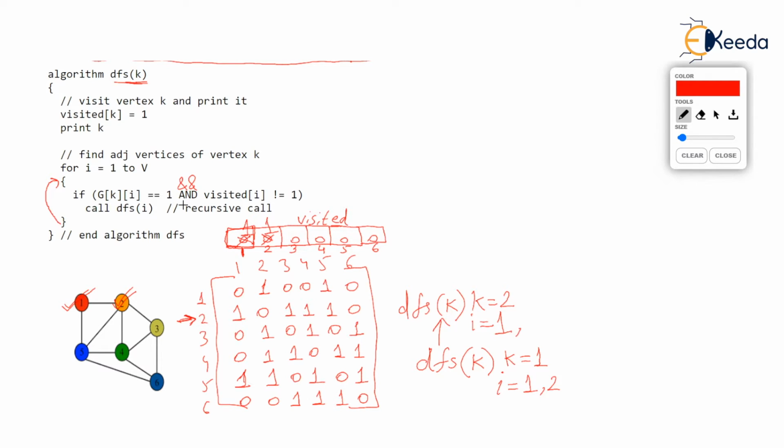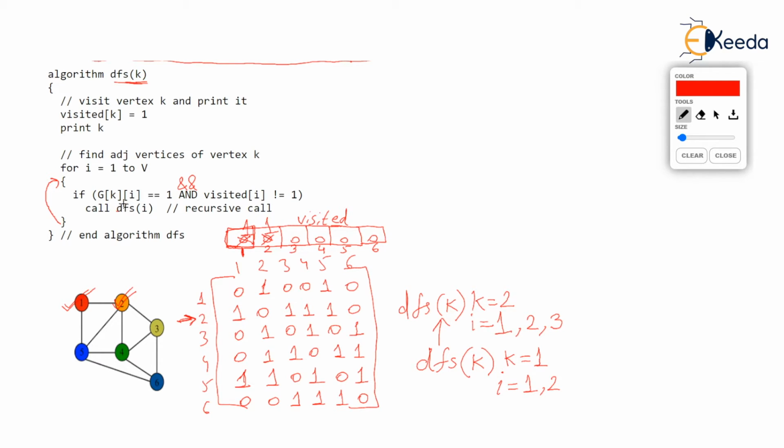So what's the question you are asking? Is g[k][i], that is g[2][2], second row, kth row, ith column, is g[2][2] equal to 1? Not at all. So 2 is not adjacent to 2. So the if becomes false and there is no question of calling DFS(2). The loop repeats making I as 3. So we say, okay, 2 and 2 are not adjacent. But are 2 and 3 adjacent? When we ask this question, we inquire the second row and third column, kth row and ith column, and we see that yes, they are adjacent.